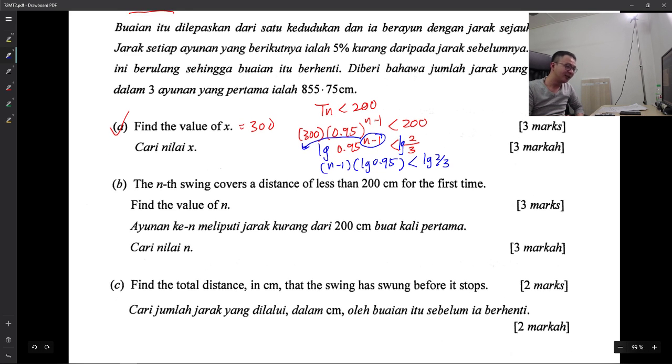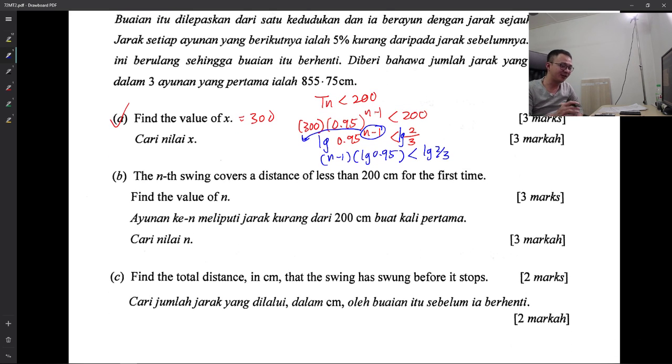Alright, then the next part is a bit challenging. Because I need to move the log 0.95 to the other side, I will need to change the inequality sign from less than to bigger than, because log 0.95 is a negative value. I always say whenever you multiply or divide by any negative value, you need to change the sign of your inequality. So this is log 2/3 over log 0.95. Then I can get my n value should be bigger than